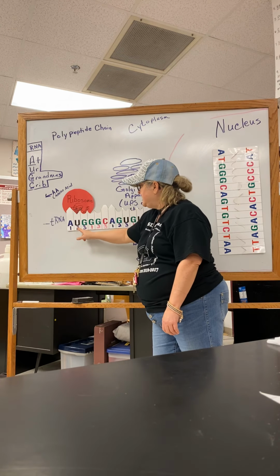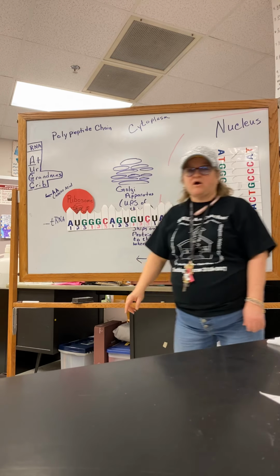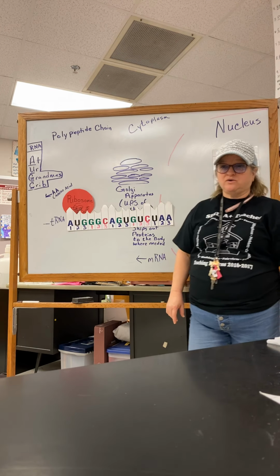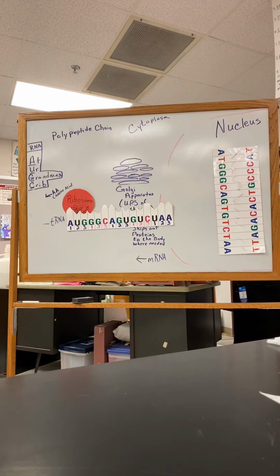First one is A, U, G. All right, so now you've got to take out your codon chart and read the codon chart. Okay, so first position is A, or first letter is A. Second position is U, or second letter is U. Third position or third letter is